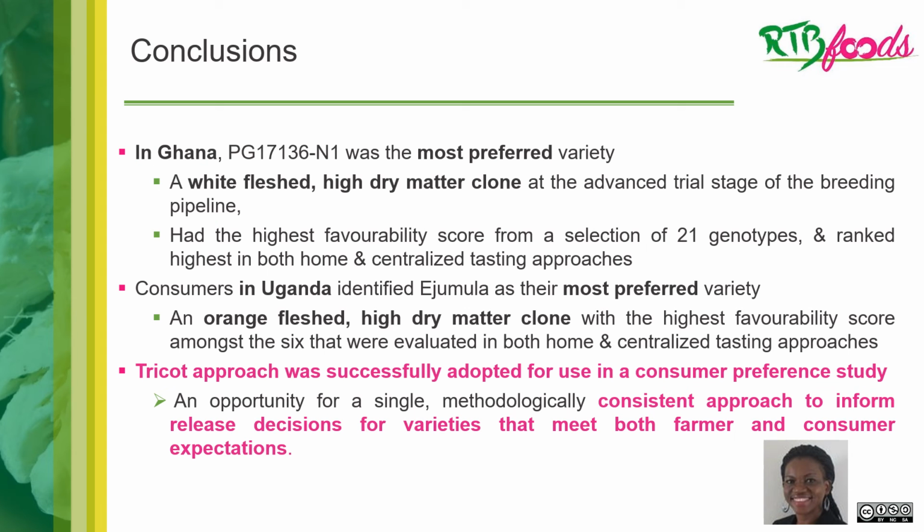In conclusion, using the tricot approach, we managed to identify the most preferred varieties in each target community for both countries. To our knowledge, this is the first report where tricot is used in a consumer preference study. Our results show that the tool is highly versatile and should be considered for future consumer studies to complement participatory